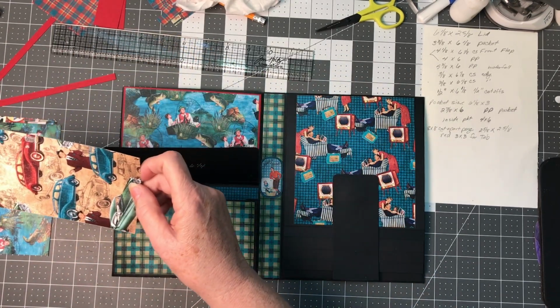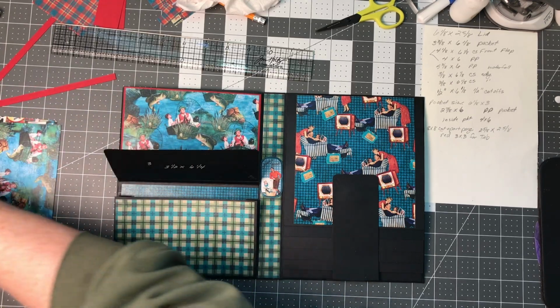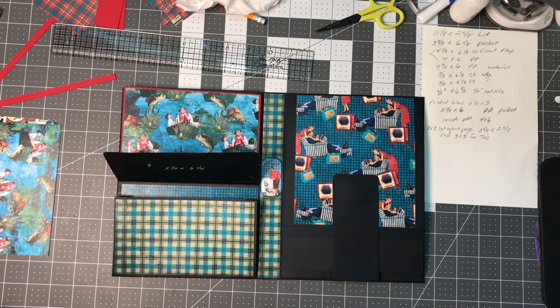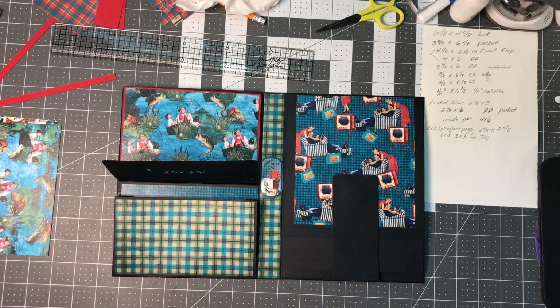I'm trying to save paper as I go so that I'm not cutting off things. Oh, you know what? Oh no, that's for something else. Sorry. Nope. You know what? I think I'm gonna go and just